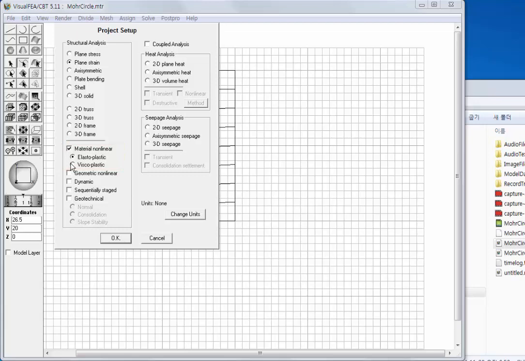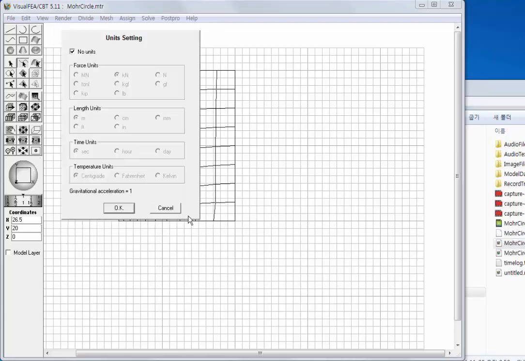In the last demo, all quantities were represented without units. This time, the units will be specified. Click Change Unit button. Then, Unit Setting dialog pops up. Uncheck No Units item. Radio buttons are turned on for default settings of force unit, length unit, time unit and